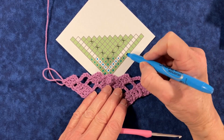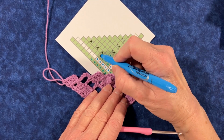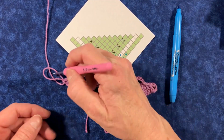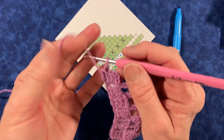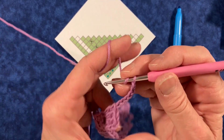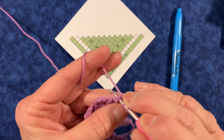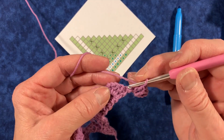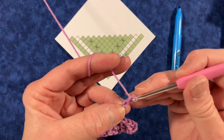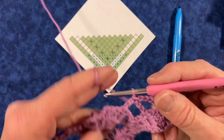For row 8, we have a beginning block, an open space. We have 4 blocks, an open space, and an end block. So we're going to chain 6. I'm going to turn and double crochet in the 5th and 6th chains. We have an open space, and then 4 blocks,